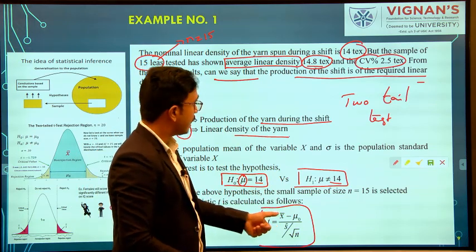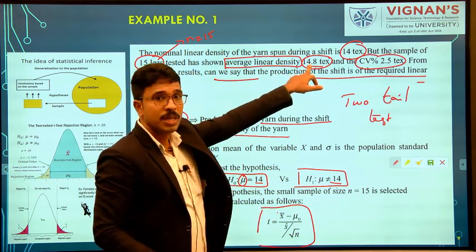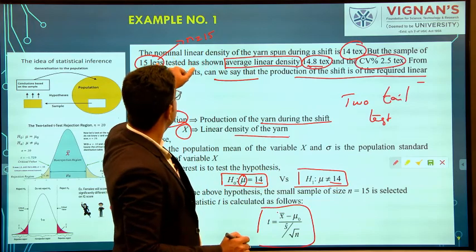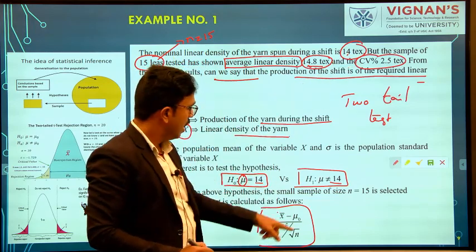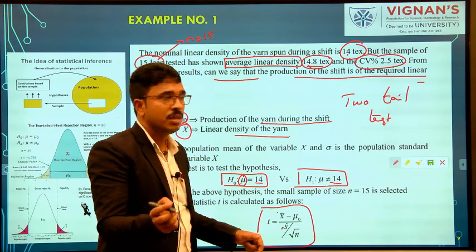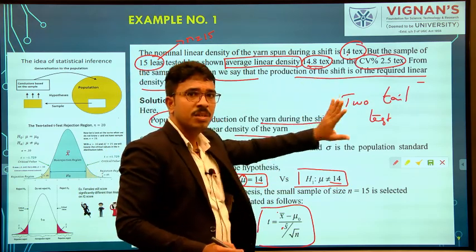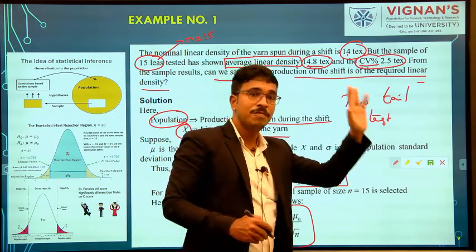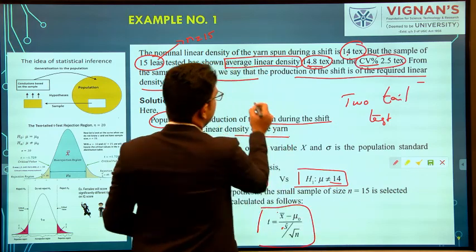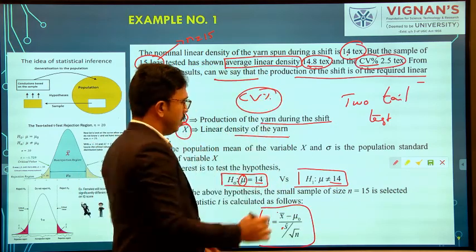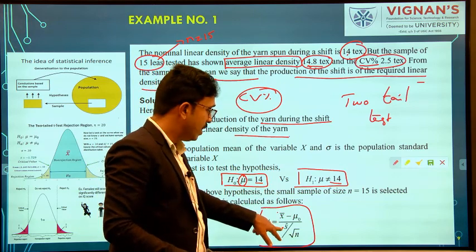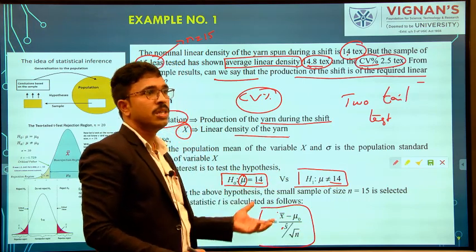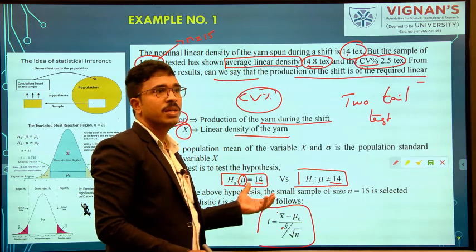So here, what is this x bar? x bar is given in the problem, that is 14.8, and mu, that is the estimated mean, 14, is given. And what is s? Sample standard deviation. Do you think sample standard deviation is given? No. Instead of that, what information is given? The sample variance, coefficient of variation, that is CV percentage, is given. So from the CV percentage, we need to find the S value, and already we know the sample size, small n.